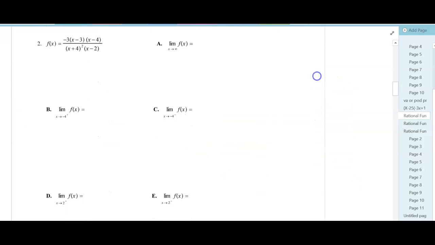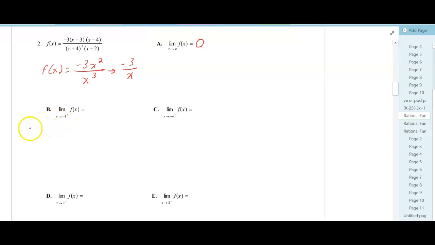Let's look at problem number 2. Again, what is the limit as you go to infinity? Some people, again, like to multiply this out, so you get negative 3x squared over x cubed. This is going to go to negative 3 over x, which is going to be very small, so that's going to go to 0. On the graph, we know the horizontal asymptote then is y equals 0. In part B,